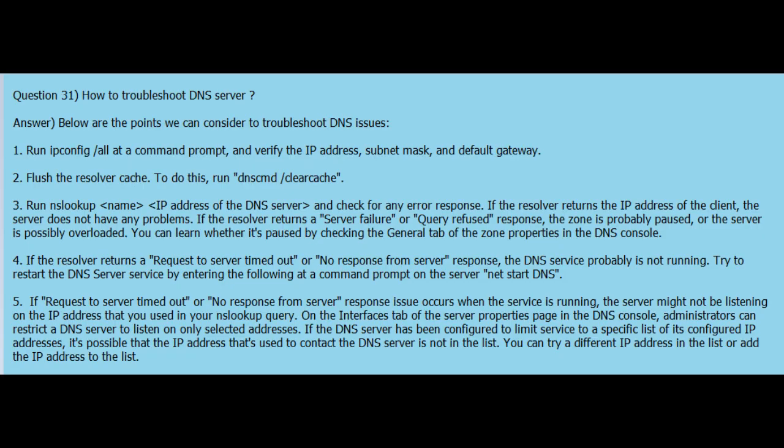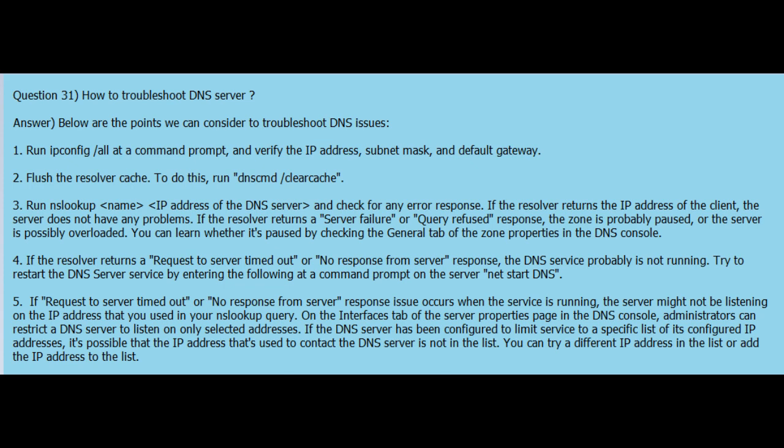Question 31. How to troubleshoot DNS server? Answer. Below are the points we can consider to troubleshoot DNS issues. 1. Run ipconfig /all at a command prompt and verify the IP address, subnet mask, and default gateway. 2. Flush the resolver cache. To do this, run dnscmd /clearcache. 3. Run nslookup with the name and IP address of the DNS server and check for any error